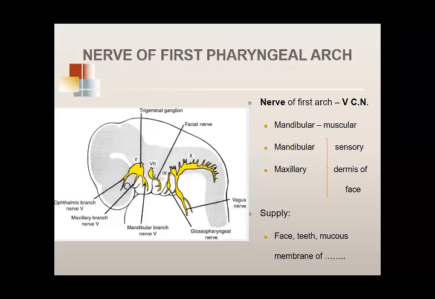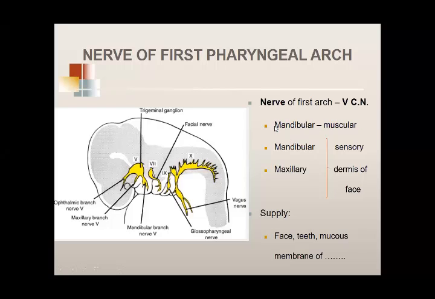Sensory supply is either partly from the mandibular and partly from maxillary. लेकिन जो इसका motor supply है, that means muscles हैं, that are only supplied by the mandibular. But it will be safe if you just remember कि first arch की जो nerve है, that is the mandibular